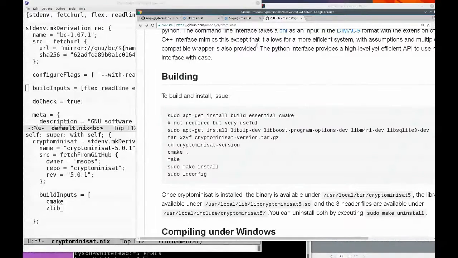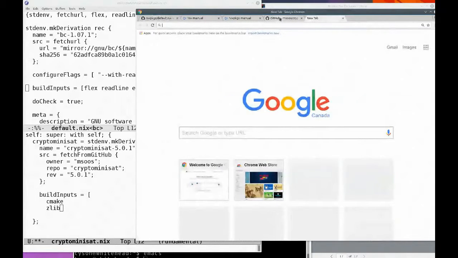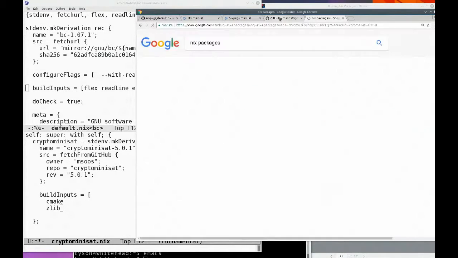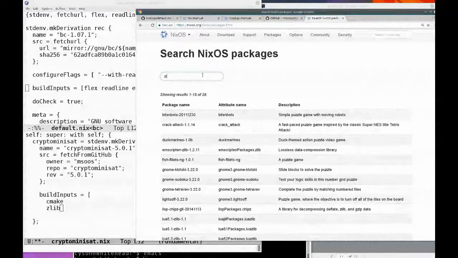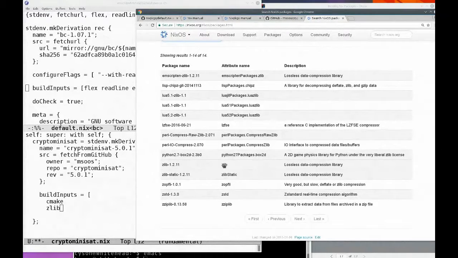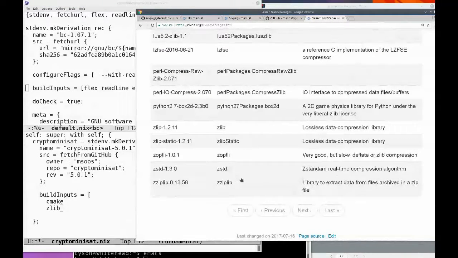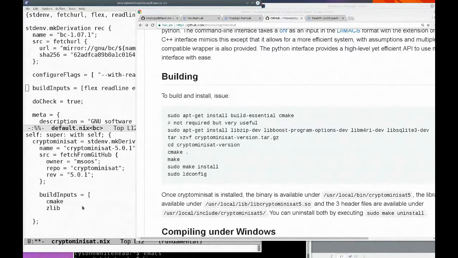You're like, okay, zlib. Let's just go to the Nix search site here. I'll just search for Nix packages again here, and I can say zlib. And I can see the attribute name for zlib is zlib, so I just put zlib in there. Boost, so I'll include that. What do we got? Boost, SQLite,